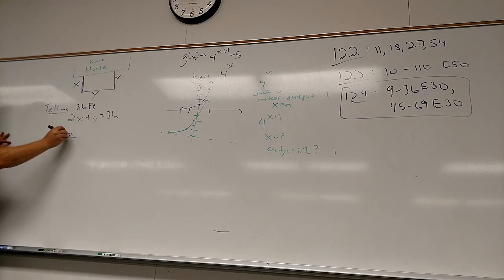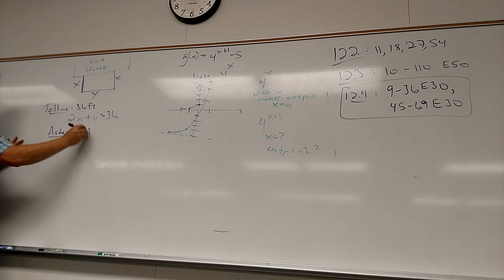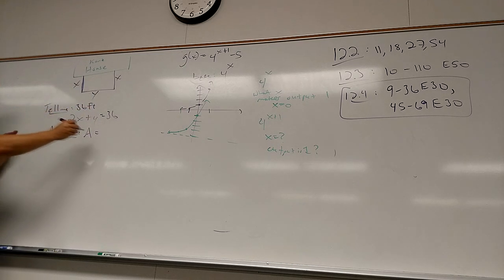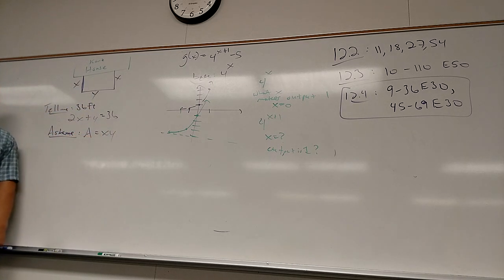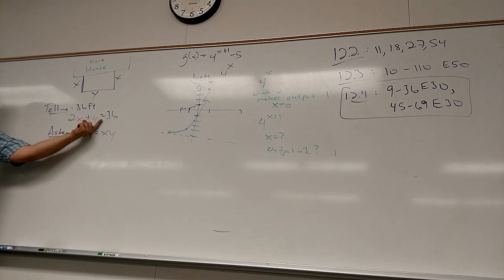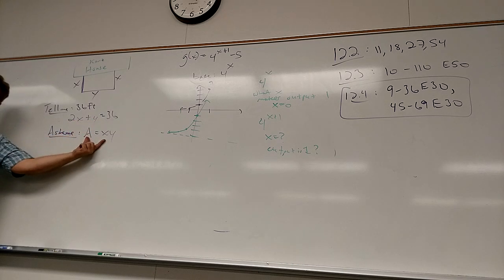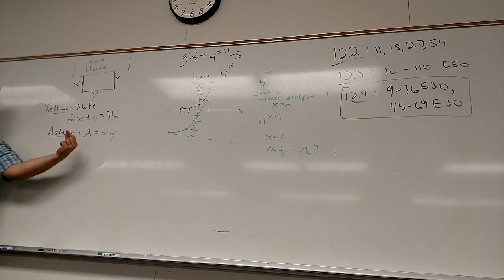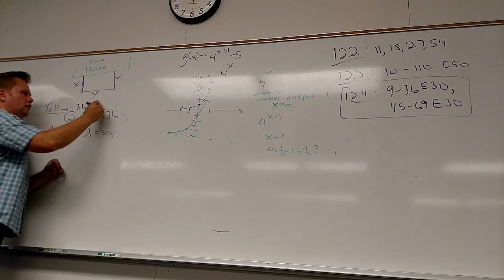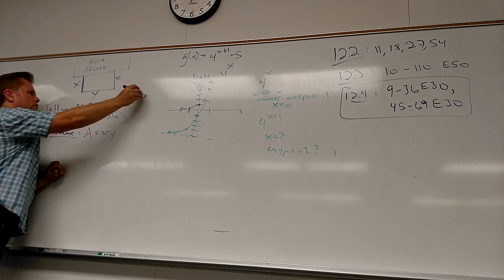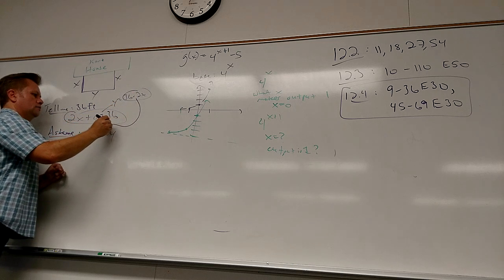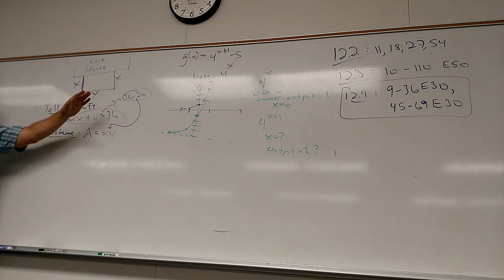Physically, what do they ask me about? Largest area. Now what's the area formula for this shape? A equals xy. And then how can you use what they tell you in what they ask? Get y by itself. Yeah, so I can get y by itself here, y equals 36 minus 2x, and I can throw that in right there. I end up with a quadratic,